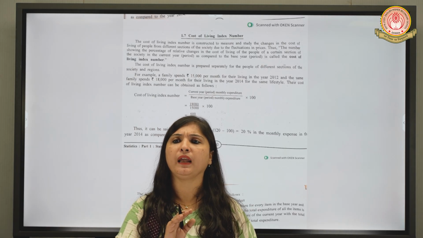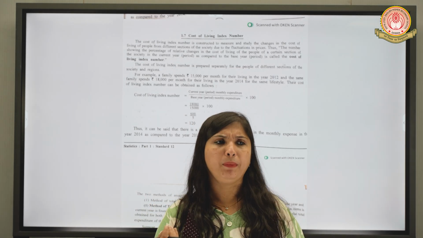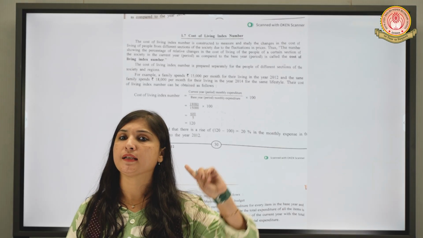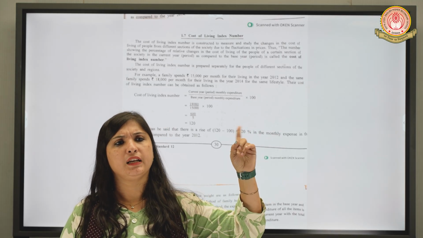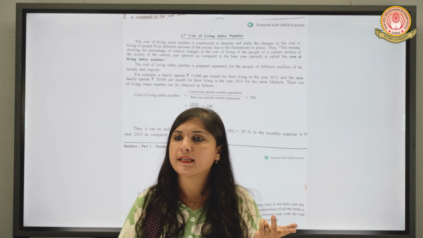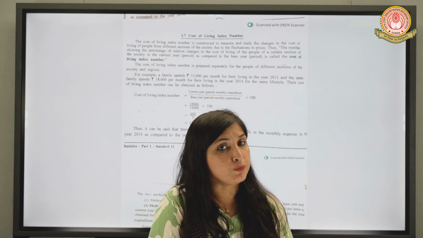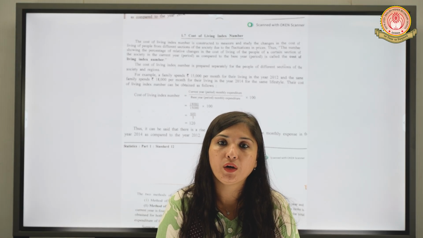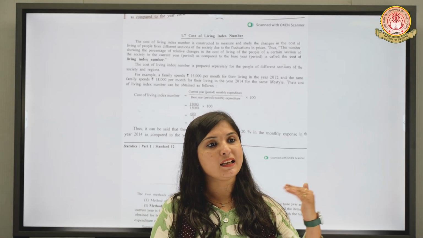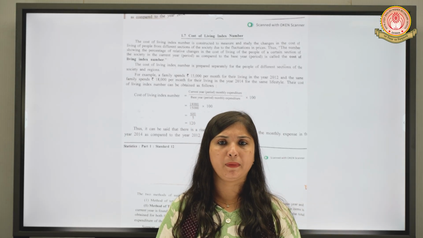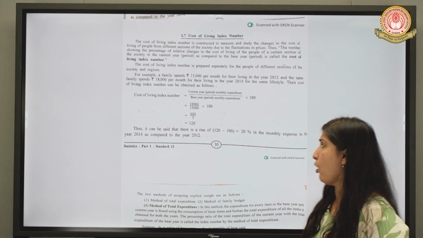No, he will not be able to live the same lifestyle. Maybe he'll sustain it anyhow, but he will not enjoy the same luxuries or same lifestyle he was enjoying before. Why? Because there is a continuous price rise, and if there is a continuous price rise, the income should also be increasing. If a person is getting increasing wages continuously, he'll be able to meet his expenses and live a proper living.